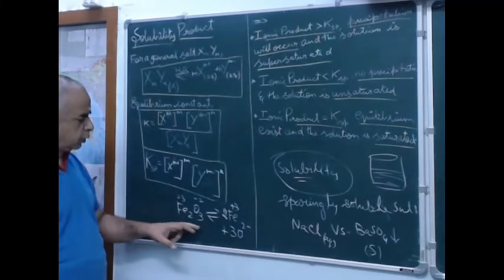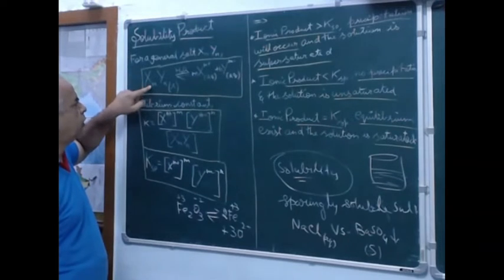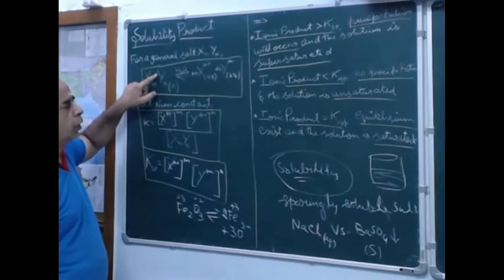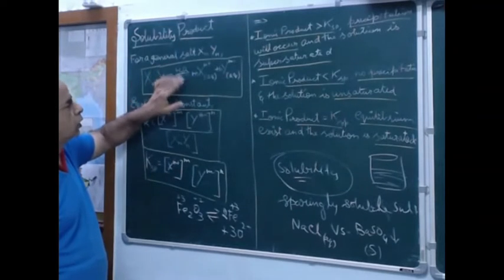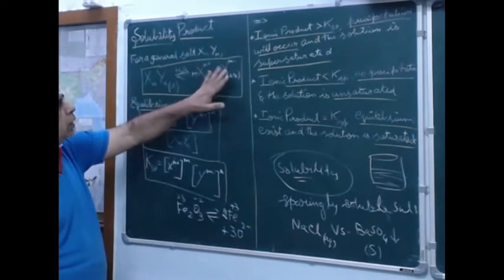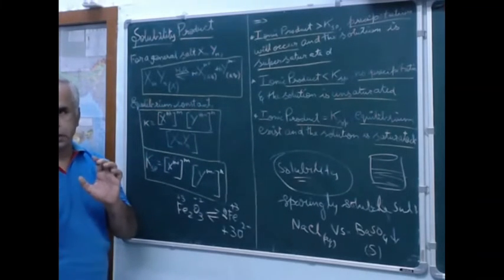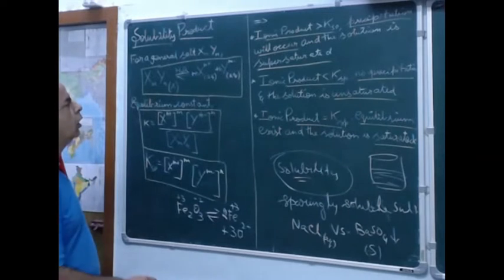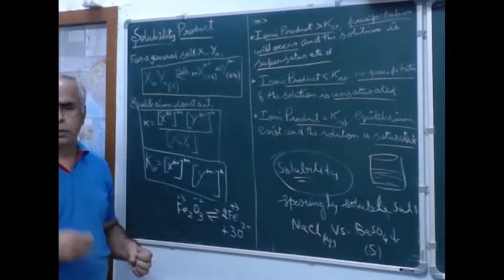Instead of putting 2 and 3, I have taken some common aspect, x, m. What do you understand from this? This is the atomicity of X. N means this is the atomicity of Y. So this is available as a solid. When it is dissolved in water, it becomes a solution. These ions are available, but as a doublet, that is, as an ionic pair. It cannot split immediately unless we influence it with some electrolysis or complete ionization.